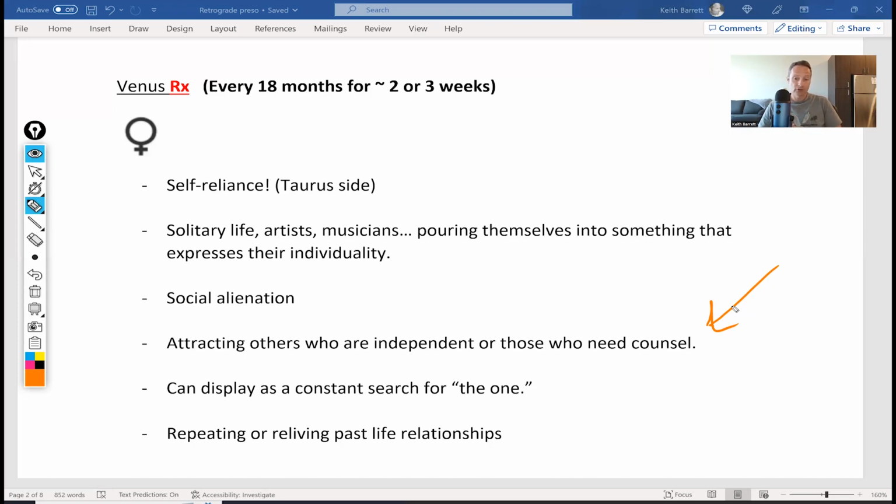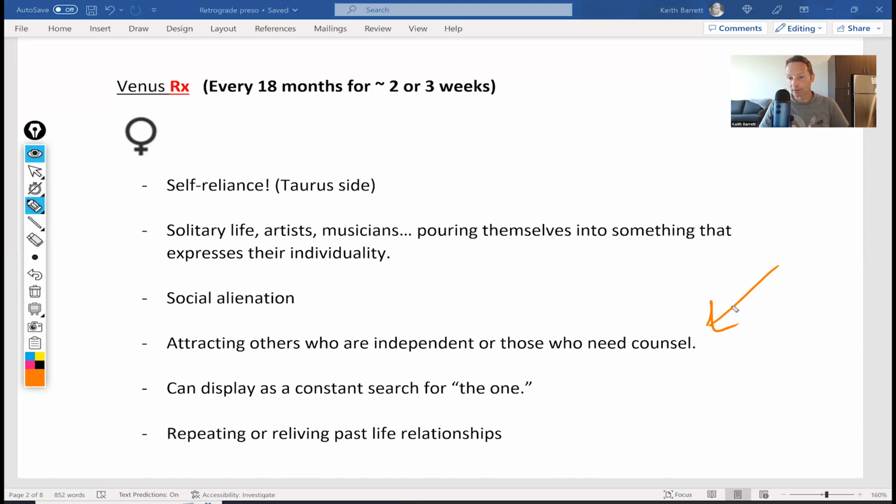The other part of this is attracting people that need counsel, right? They would go to you as a Venus retrograde soul because you carry soul wisdom, right? You're very inward, you're very reflective. You can potentially help people understand themselves, go inside themselves and understand them, right? And so there could be a healing presence to your energy, is to be able to bring people in and have that Venus nurturing, caring. It depends on the sign, the house, the aspects, and how you would express this, but being able to